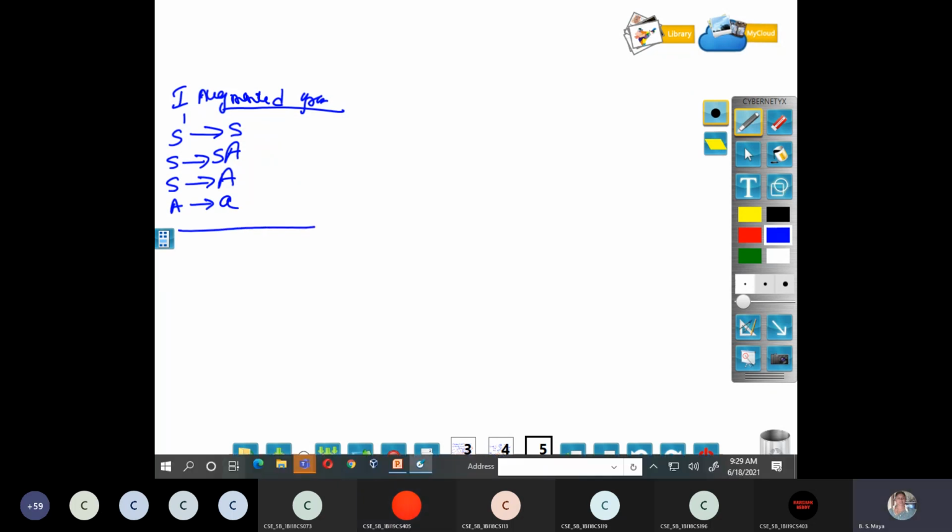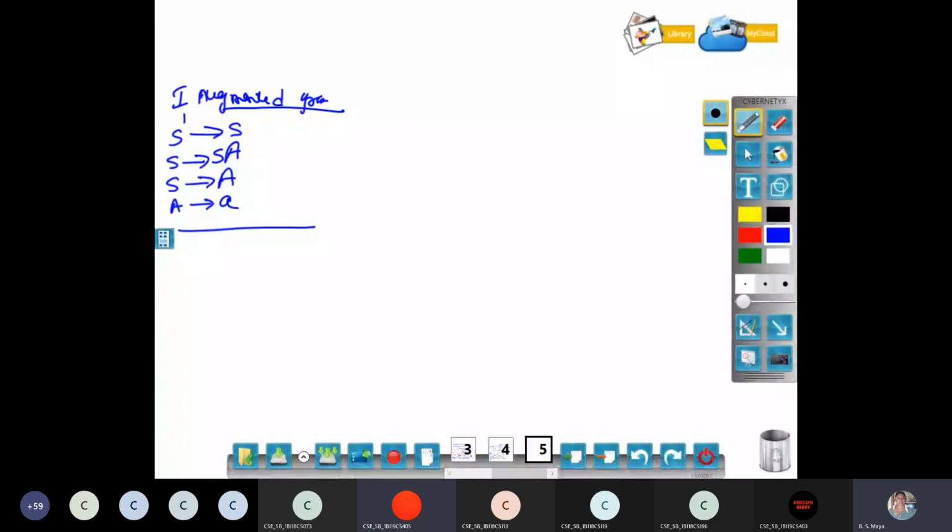Okay. Second step. What is the second step? Find out LR0 items by applying closure. First let us apply closure, I0. On which production do you apply closure? Closure on S dash derives dot S. S dash derives dot S. After that what?